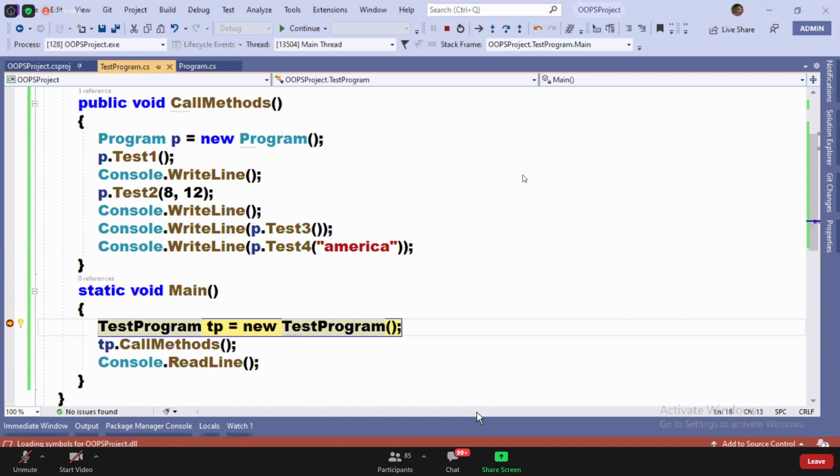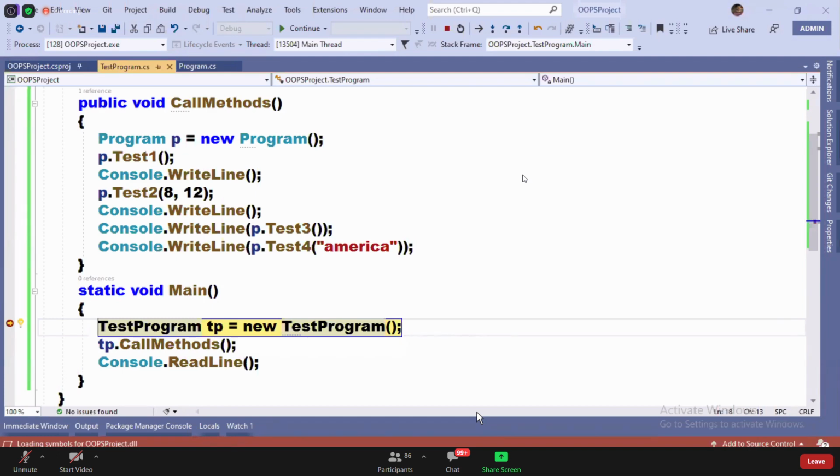It's not executing now. Now you can watch the line by line execution of the code. How can I watch the line by line execution? If you want to watch it, press F10. What is it? F10 is called step over, and it will take you to the next line. Just watch, F10.